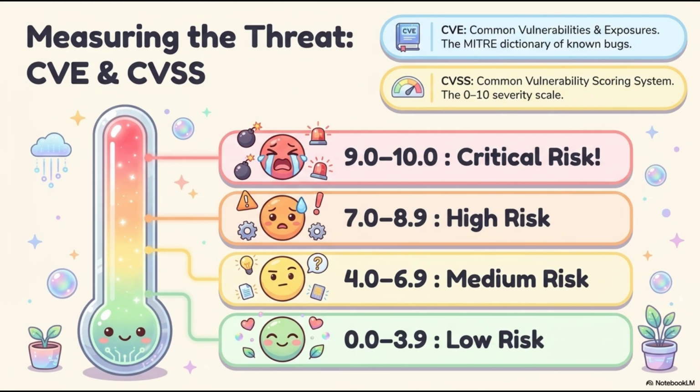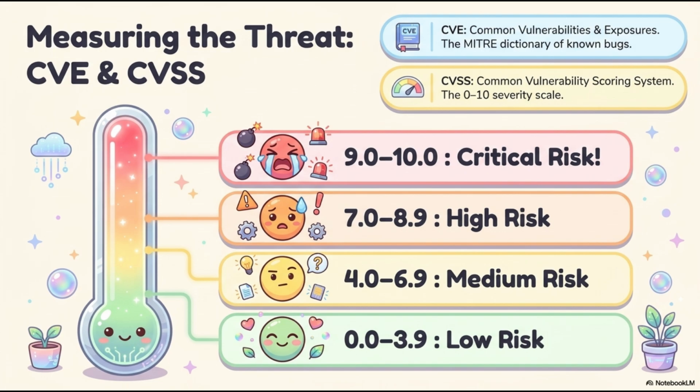A vulnerability scanner builds on this by comparing discovered systems against a database of known vulnerabilities. It identifies vulnerabilities, misconfigurations, missing patches, and absent security controls. Vulnerability scanners often rely on the common vulnerabilities and exposures list maintained by MITRE Corporation, which catalogs publicly known vulnerabilities. They also use the Common Vulnerability Scoring System, or CVSS, which assigns severity scores from 0 to 10 to help